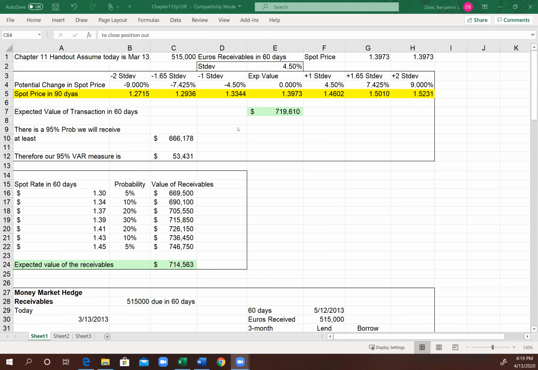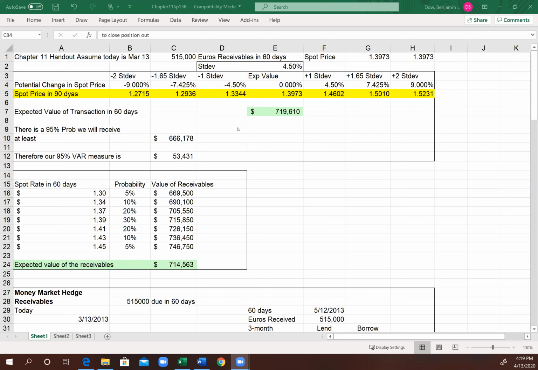What more people are interested in is not continuous distributions because they're hard to explain. A lot of times people use discrete probability distributions, and that's a little bit easier to explain to someone. If you look at number 2, it says, suppose the firm obtained the following forecast. So maybe some company came up and said, hey, I think there's about a 30% chance the euro